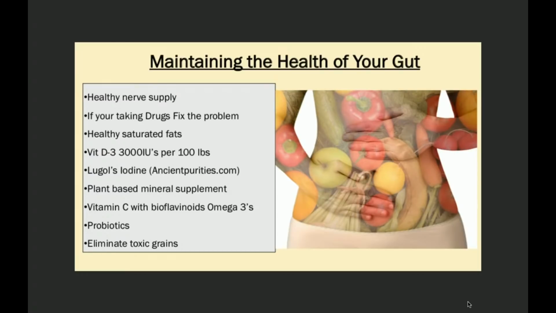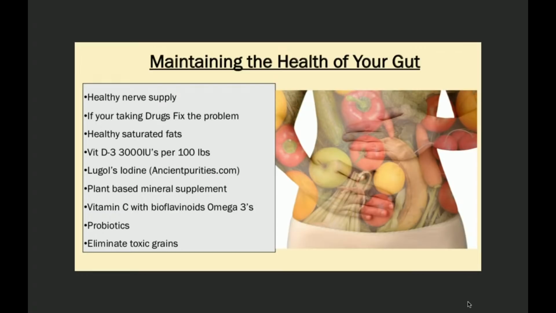But now, healthy nerve supply. So you have physical, chemical, or emotional stress. Look at your system. If you're taking drugs, find the problem. For God's sake, do you want to put a Tylenol in your mouth that goes in your intestinal tract, through the wall, into your liver, and for what? Joint pain? When your body is giving you symptoms that your body is trying to regenerate? Good God, how stupid that is.